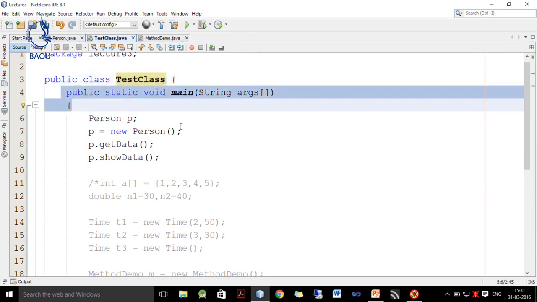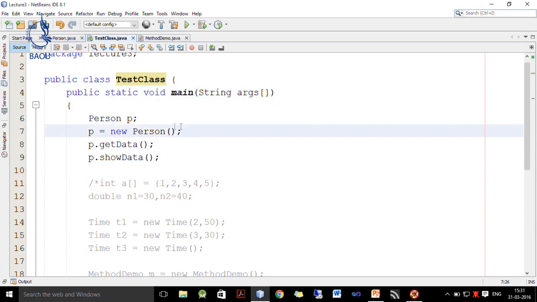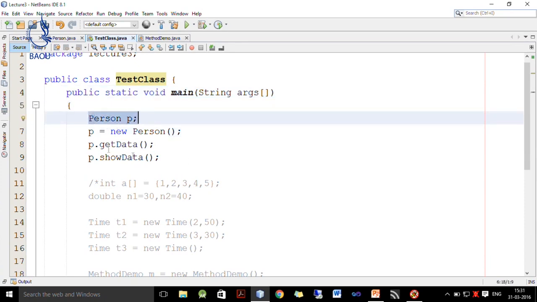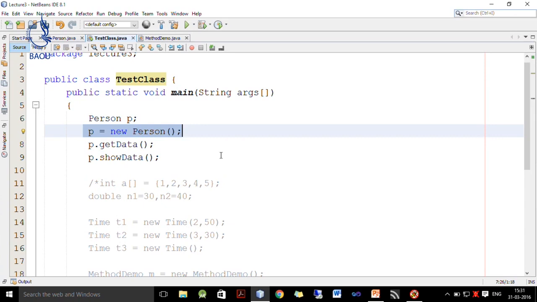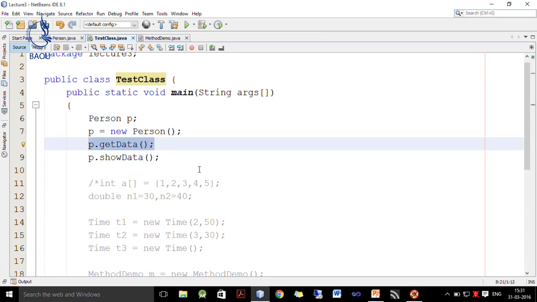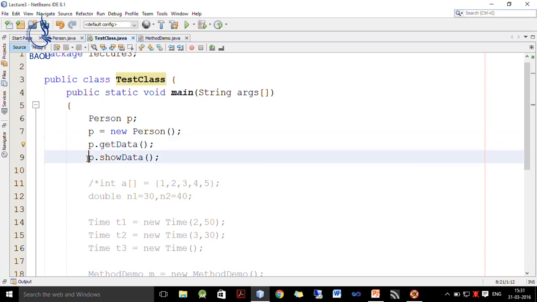So, inside public static void main we define one person object P. We actually allocate memory for P by writing new person, and then we call its get data method by writing P dot get data. If my object name is X, then I write X dot get data, and once this data is read, I want to display those data. So, I call P dot show data.